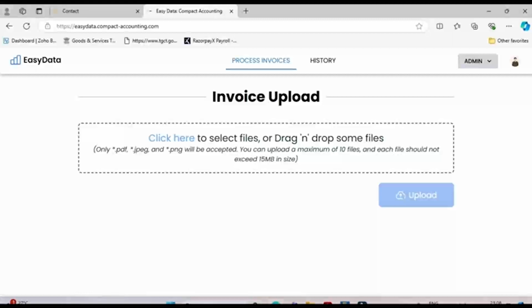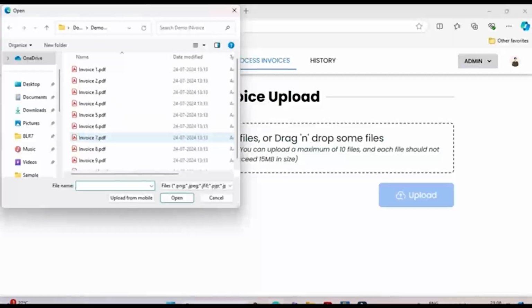Then we pick up a batch of scanned or photographed vendor invoices requiring to be processed. The system gives a batch number to each batch, which could be used for processed invoices at a later stage. Each invoice in the batch also gets a distinct identification number.